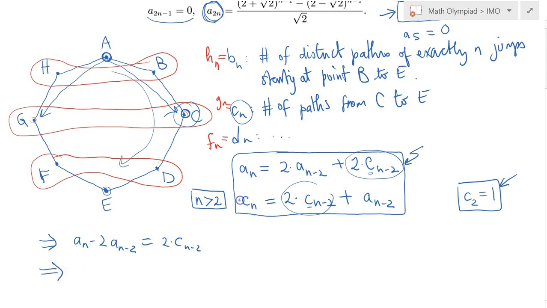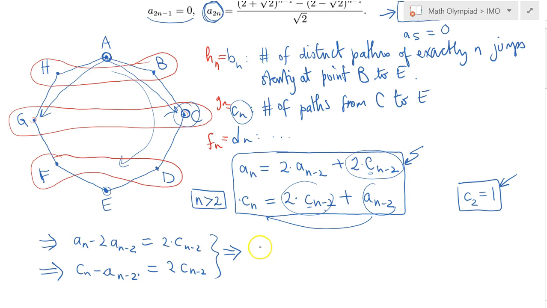Or from the second one, because I want to isolate this guy here, I would get c sub n minus 2 times c sub n minus 2, and that's again equal to 2 times c sub n minus 2. Oh boy, I'm high. That should really be a sub n minus 2, right? Because I just took that one to the left-hand side. But that's it. The right-hand sides agree, meaning the left-hand sides should agree as well, suggesting that, for instance, let's